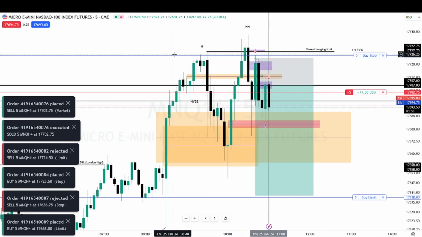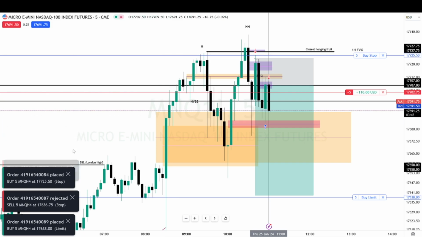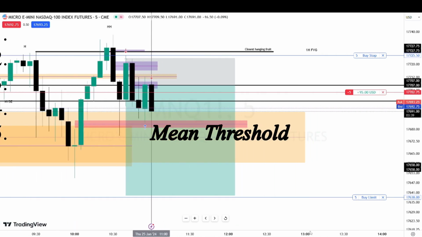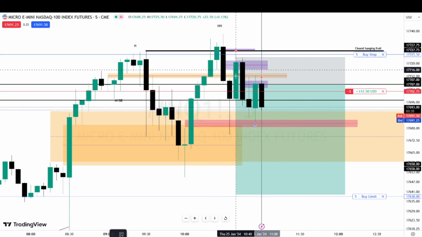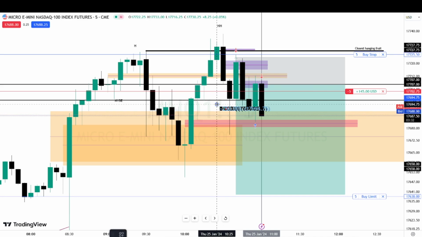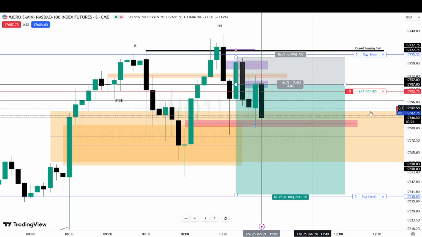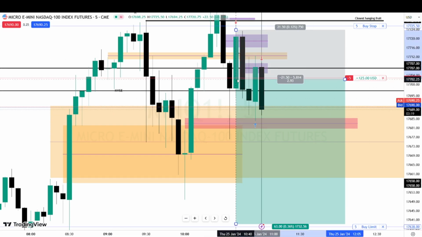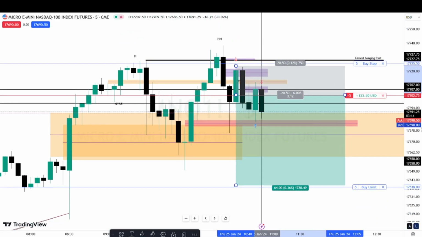The reason why I re-entered, guys, is because I saw this trade playing out with an order block and the consequent encouragement right here. If you can look at this candle right here, you see, I didn't want to miss this one right there. This is the reason why I entered, if you ask me. The entry is here. So it's 1:3. But as long as we can get 1:2 out of this,